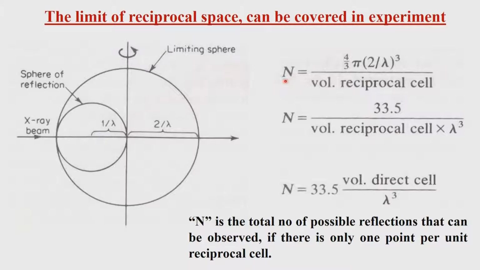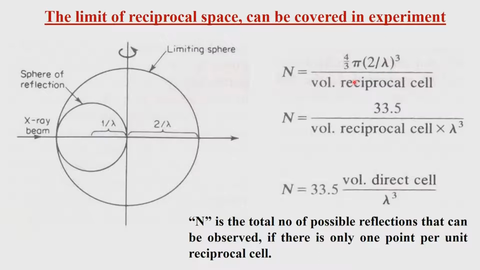The number of reflections which we can access depends upon two things. One is of course the volume of the limiting sphere we have, and the other is the volume of the reciprocal lattice, because the volume of the reciprocal lattice is the one which will tell us how many Bragg spots we have. So the number of Bragg spots depends upon the volume of the reciprocal lattice, 3-dimensional, and this therefore is the limiting sphere.